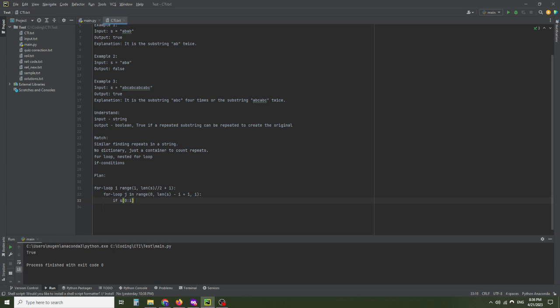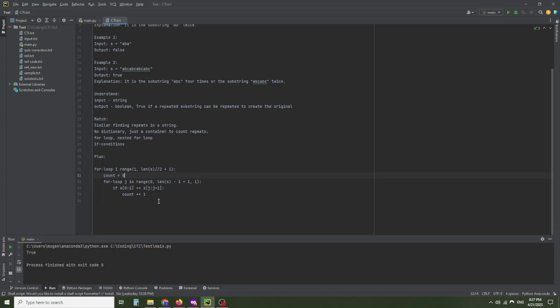If the beginning is equal to another section of S, so this is why I have the double for loop, J, and I'm slicing it from J plus I. If I find any of the same, then I add it to the count. That reminds me, I need a count variable. I need to reset the count after the inner for loop is done, so count equals 0. So now that I have the count,